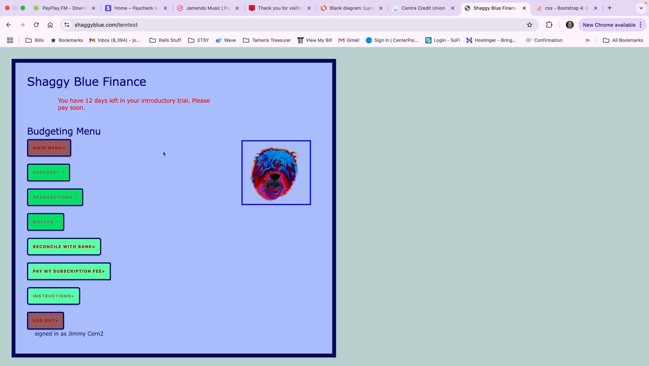reconciliation functionality and may have noticed some weird stuff when you do a forecast. So I'm in the budgeting menu now. So let's run a forecast. I happen to be logged into Jeremy Crackcorn's account. If we do a forecast,